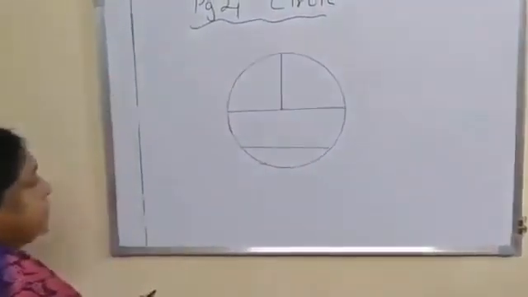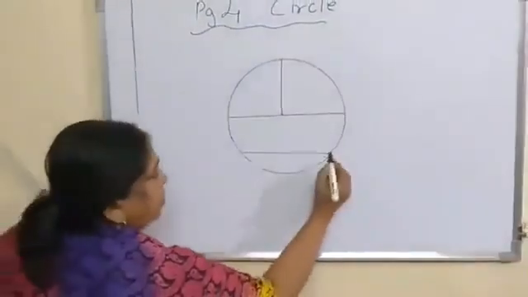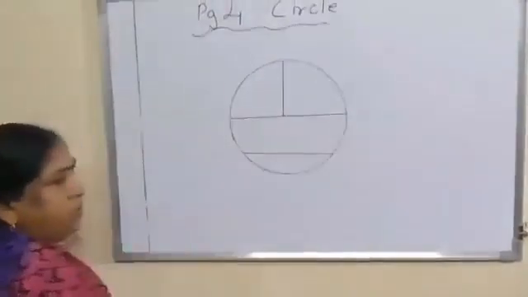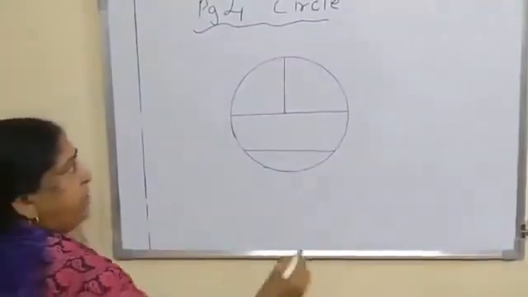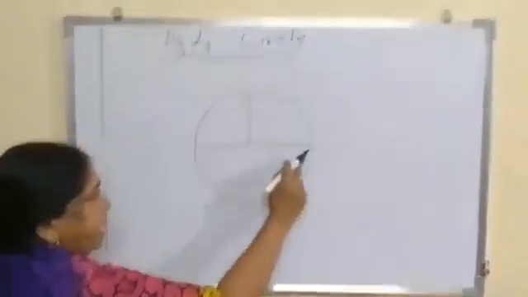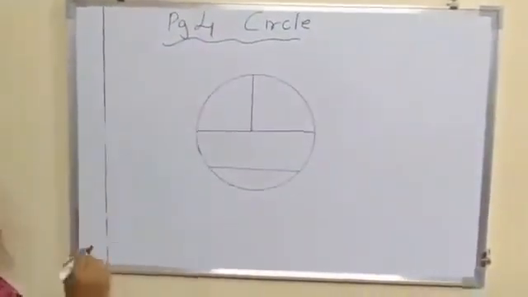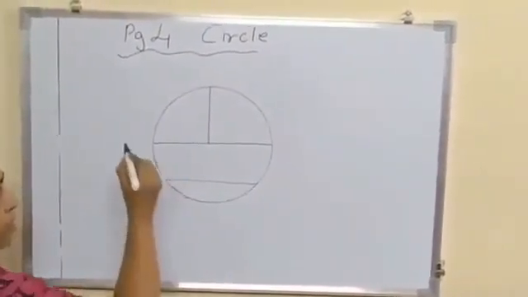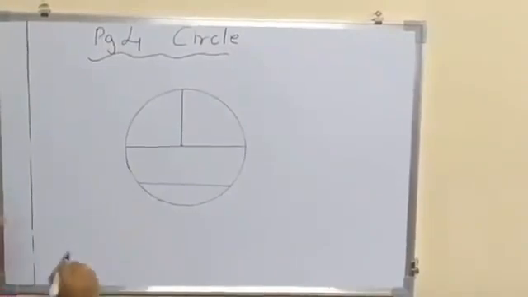And from here to here, we draw the radius. Can you see, children? We have drawn the chord from here to here. We have drawn the diameter and we have drawn the radius. Now children, keep in mind when you are drawing the circle and when you are drawing these lines, you are not going to do any overwriting. With a nice pointed sharp pencil, you are going to draw the circle and draw the lines.